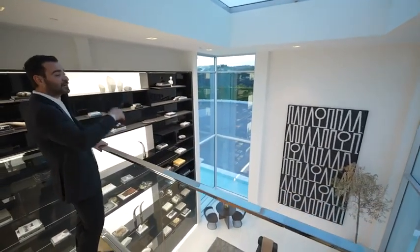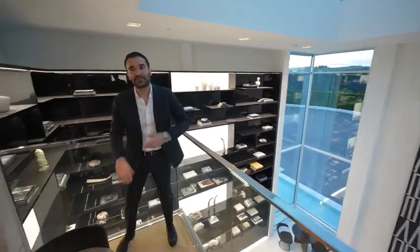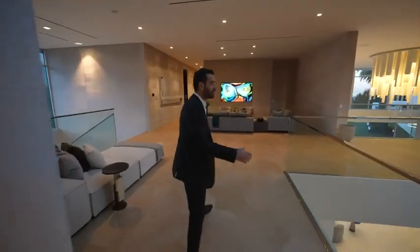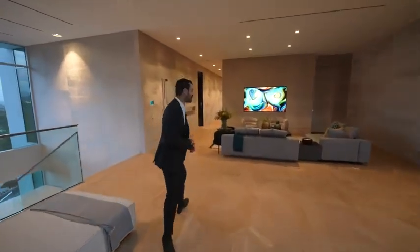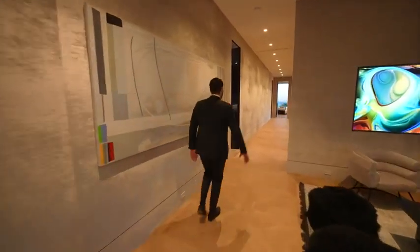We have a massive skylight above us. Cabinetry goes all the way up to the ceiling, walls of glass. It's amazing. Yeah, it's crazy. This house is just unlike anything else we have ever seen. We're tired, we're out of breath just walking through. Yeah. Now, we're gonna try to do our best to show you guys as much as possible because that's what